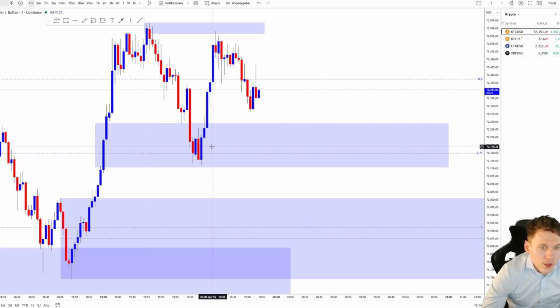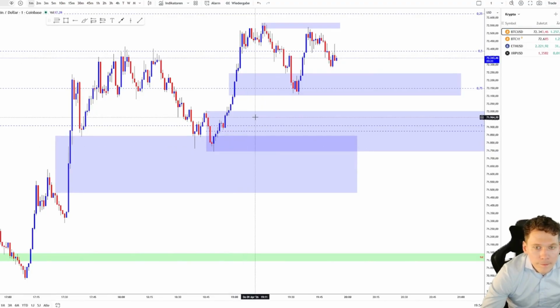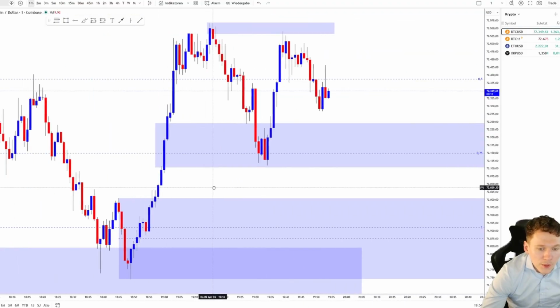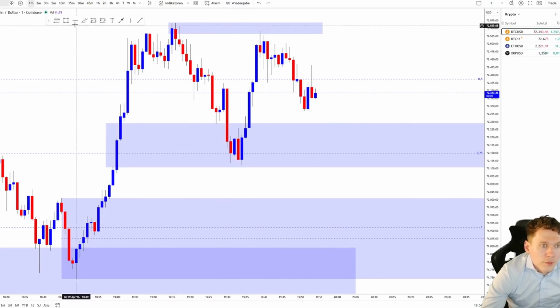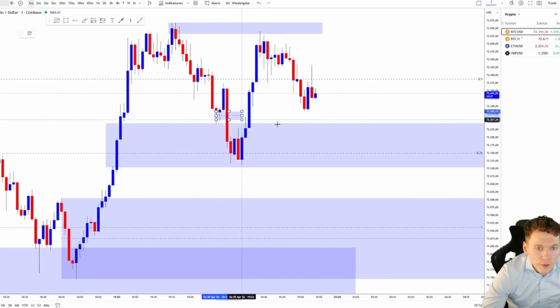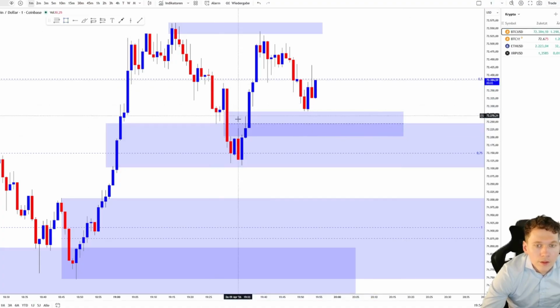Yeah, so that's for now for Bitcoin. Where we have the first presented fair value gap from here, from the PM session, we have right here. Okay, it displaced lower from this low, got inverted, came down here again,